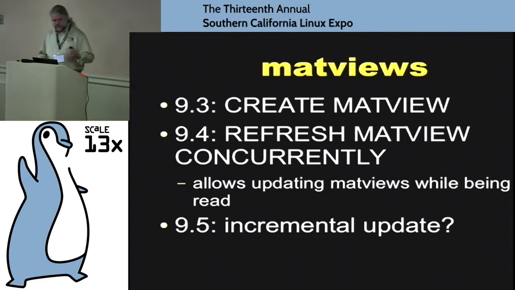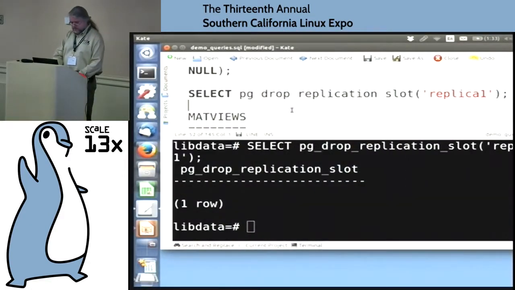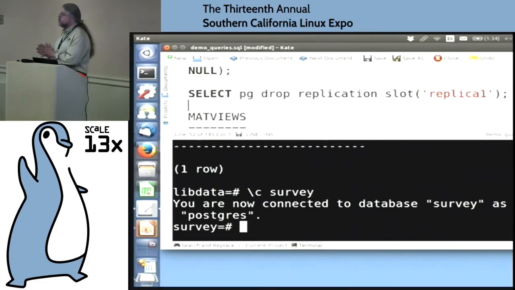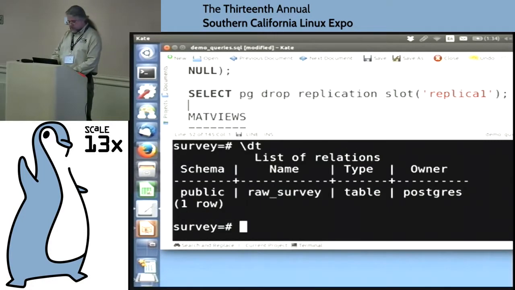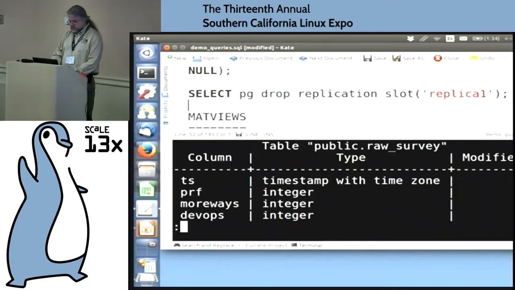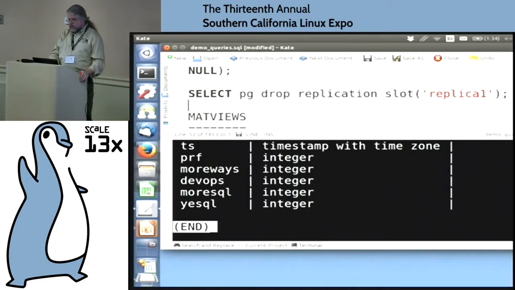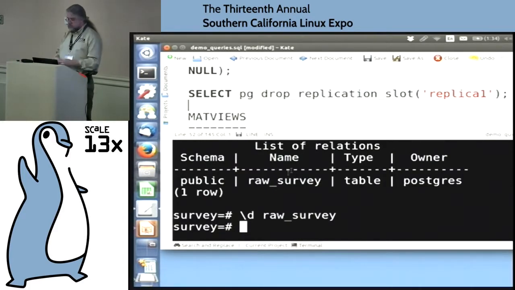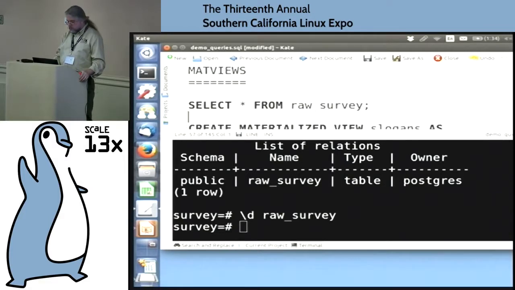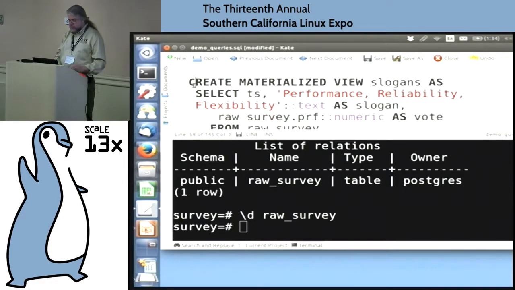So let me actually demo that. The way that I actually want to demo that is by showing you the little database that I constructed for our survey for slogans for 9.4. Now, this was done by importing a Google survey. And the problem with the Google survey is that it gives you this sort of spreadsheet view. I mean, it's a spreadsheet of your data, but that's not very good for doing summaries and comparisons of different statistics. I really want a more vertical view of the data.